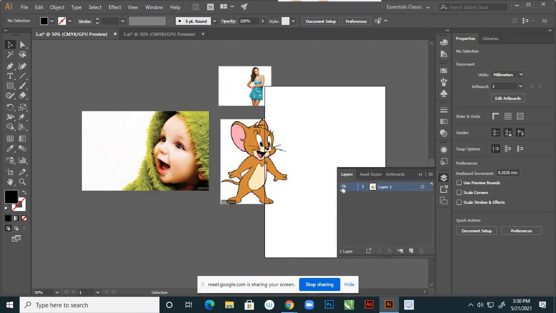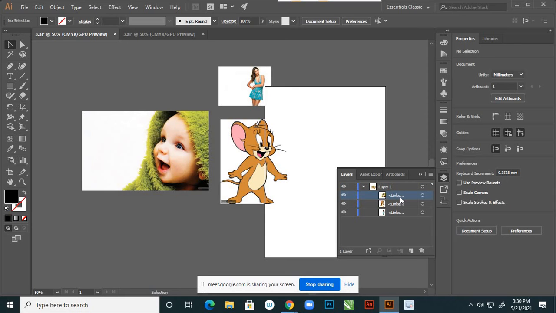Actually this is a layer, and in it there are sub layers also. That means we have to consider it as a folder. In Photoshop we have folders, and within a folder we keep layers. So here we say it is a layer, right? And inside things are sub layers.